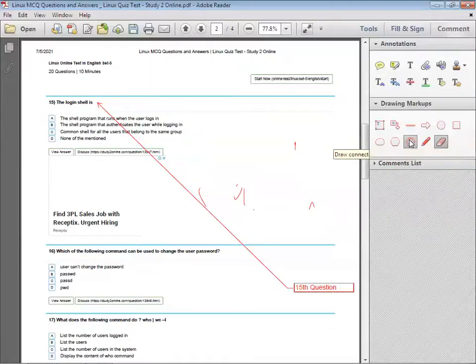Next, we have the shape option, that is just like draw connected lines. We can show this with the help of this: just click here and connect the end points, and after completing, right click here and you will get the option Complete. This means that all end points will be connected with each other. Whatever shape you want to show in the PDF file, because PDF is a non-editable file, means whatever is specified in the PDF file will be maintained as it is. We don't have the right to change the content specified in the file.